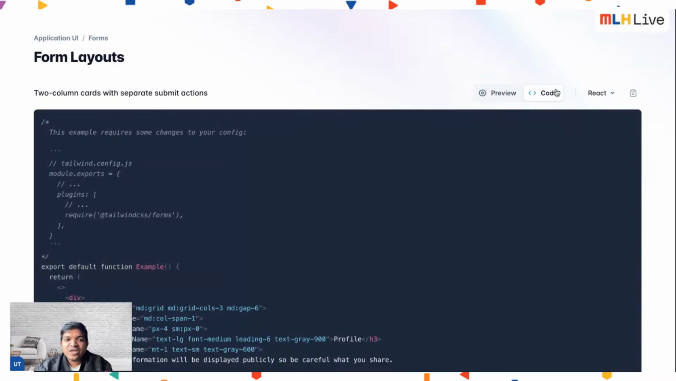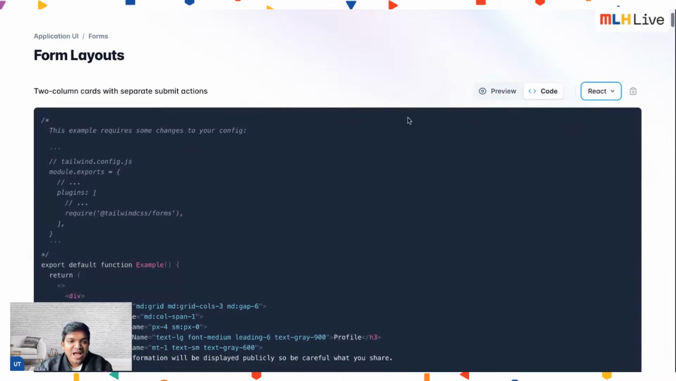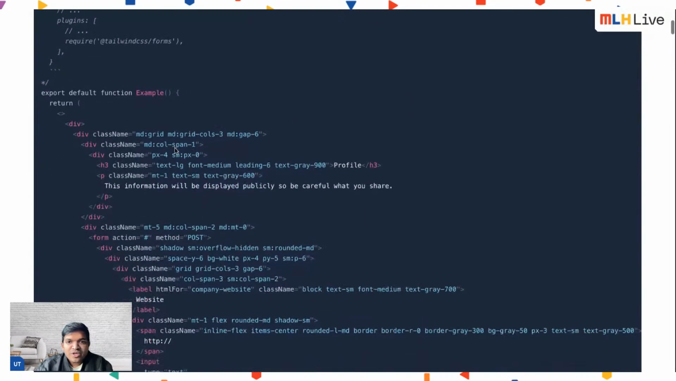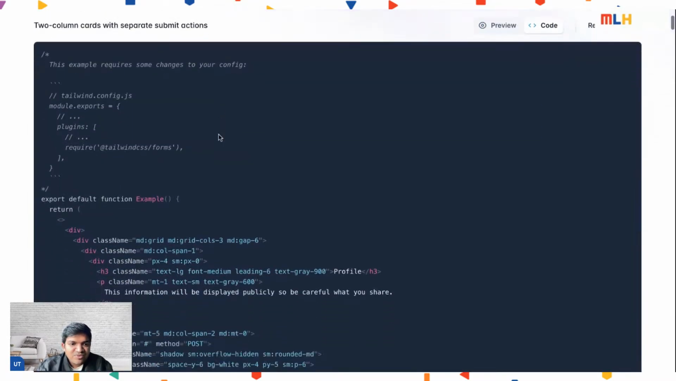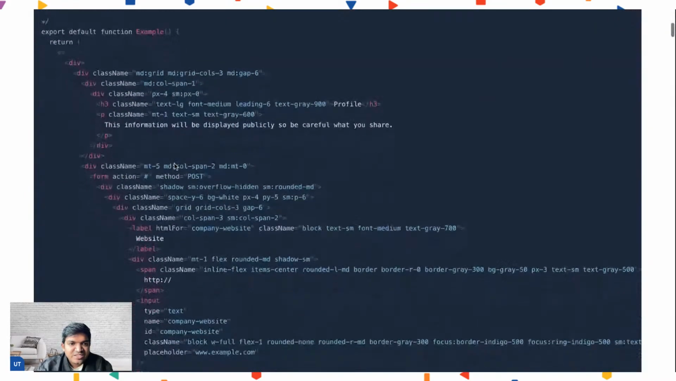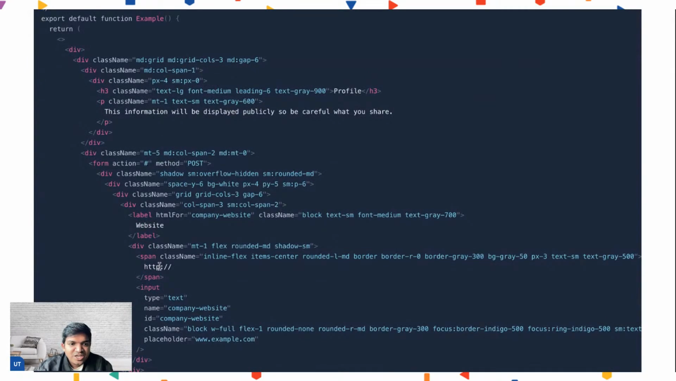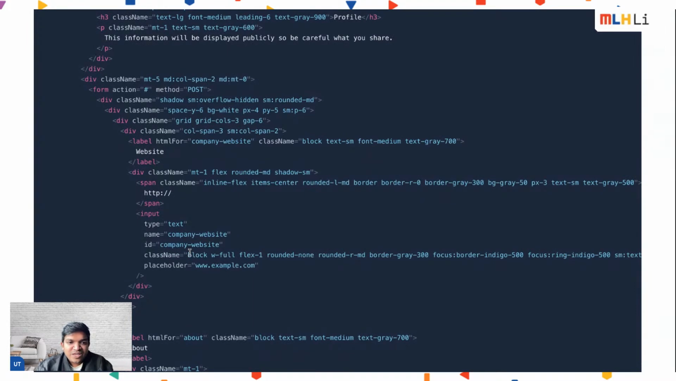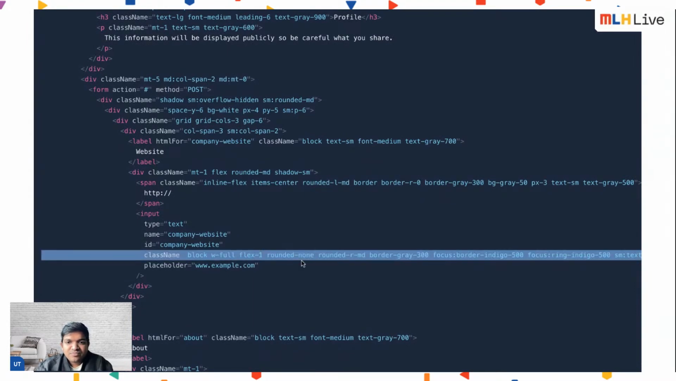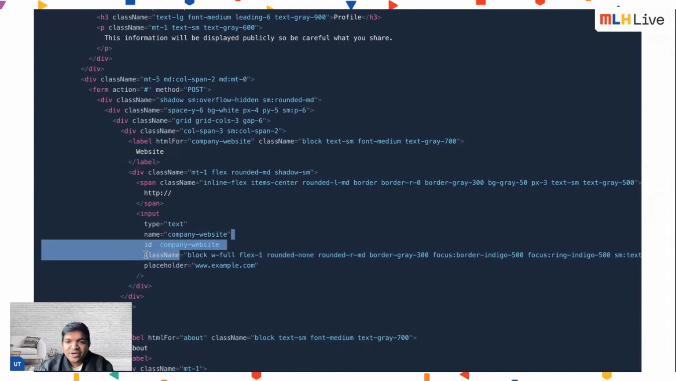So if I go to that code and I change it to React, okay, where is it? So website, HTTP, and input. Let's find where this website is written. There's this website and HTTP and input. Got it. So in input, if we copy this whole class name, okay, let's copy this whole class name thing. So this whole particular line,